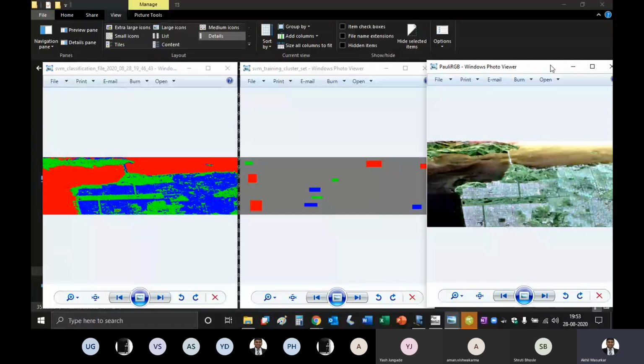If the confusion matrix values are more or less the same before and after filtering, that means whether you do the filtering or not, classification results are good only. So you can skip that filtering technique. But if after filtering you are getting better results, then filtering is a must before classification. So you can see how beautifully this thing has got classified.